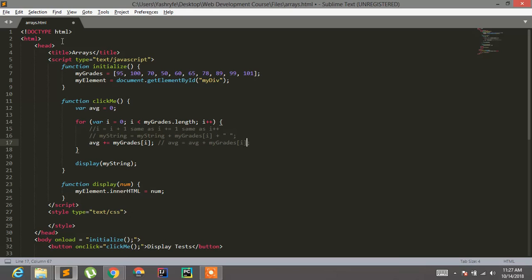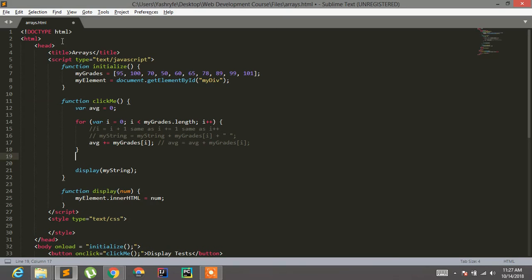These are the same lines. So now we're adding them up instead of doing my average equals average plus my grade sub 0, and then going to the next line, average equals average plus my grades sub 1, and doing it all over again. You just write this simple for loop where i does the work for you,